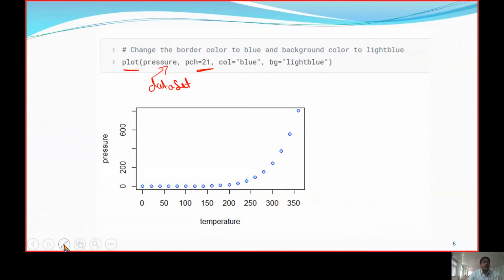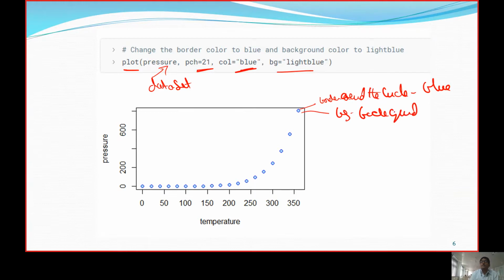The background color it is going to choose will be a light blue, and the foreground color, the external border around the circle, is blue here, and the background color is light blue. So that's how we are going to mention it.